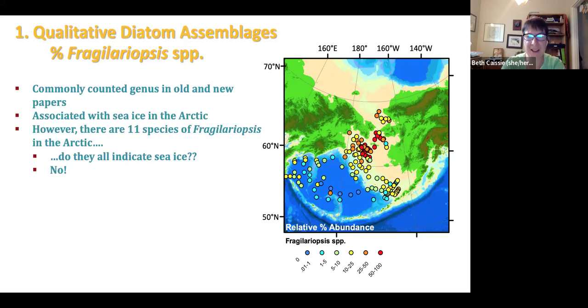Anyway, so we looked at that. This map here is showing, I was going to switch these around, anyway, sorry. This map is showing the relative percent abundances of